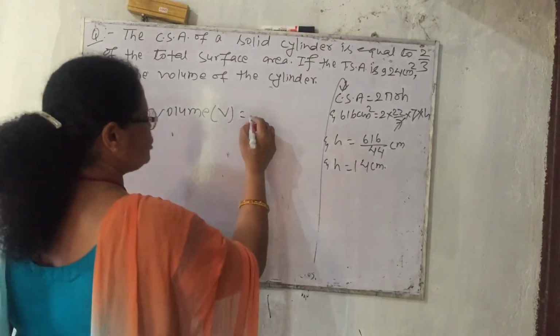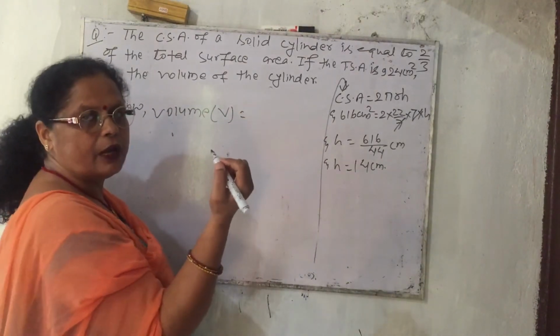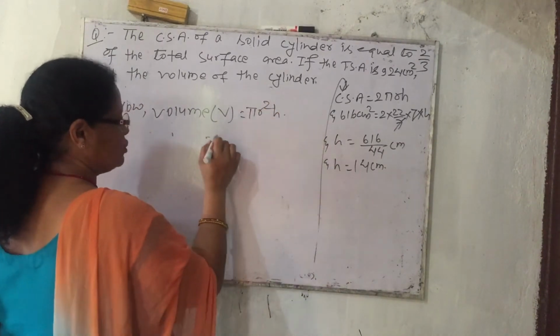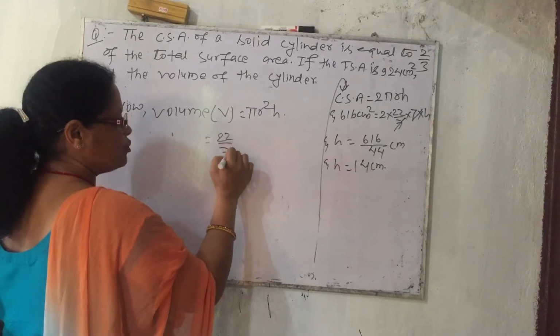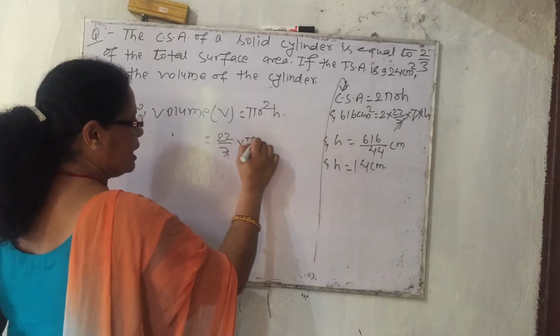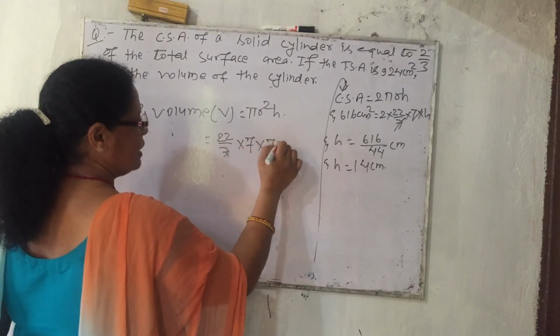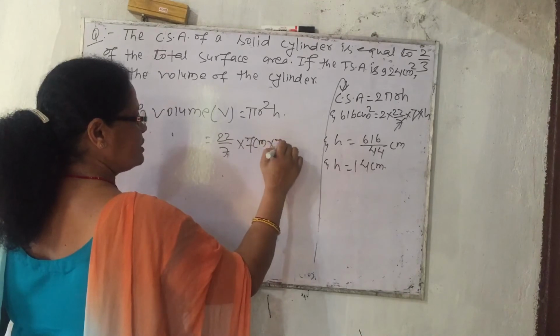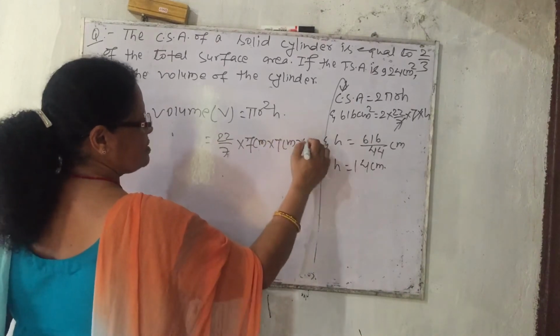So what is the volume of cylinder? Pi r square h. The value of pi is 22/7, r square means r we had found, 7 cm into 7 cm,